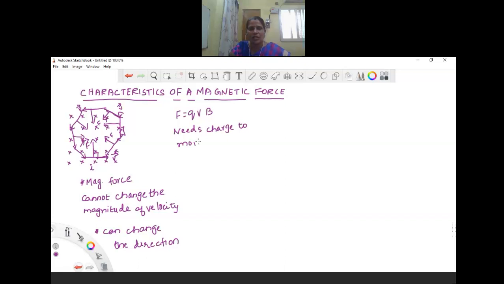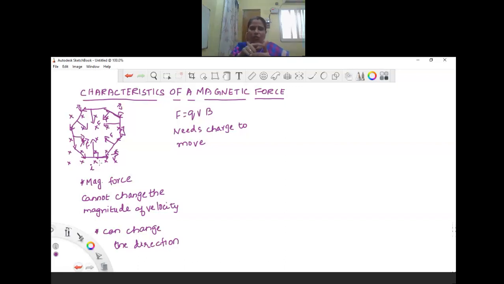So this is again very important. First we assume a magnetic field and we place the current carrying rod, or we can also say a moving charge, here. This is the direction of velocity and this is the direction of the magnetic force. The direction of the magnetic force can be found with the help of the left hand rule. That is, if this is the direction of the magnetic field and this is the direction of the current, the force will be along this direction.